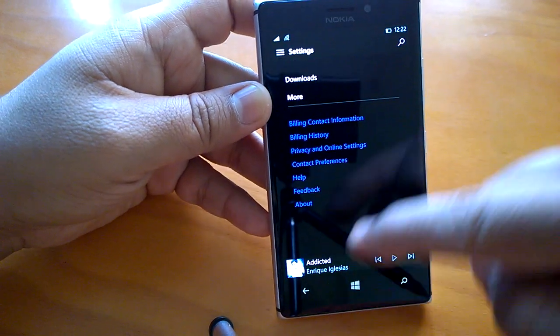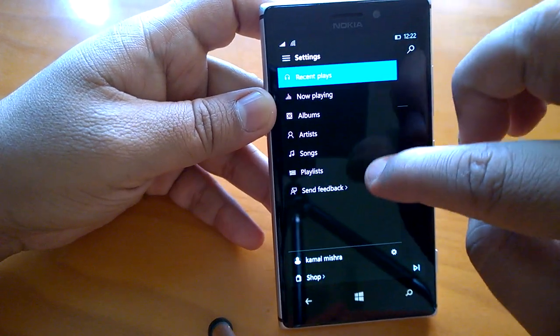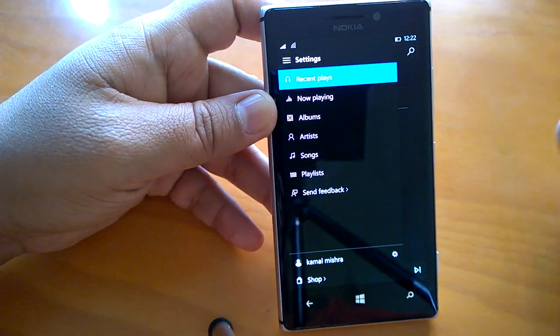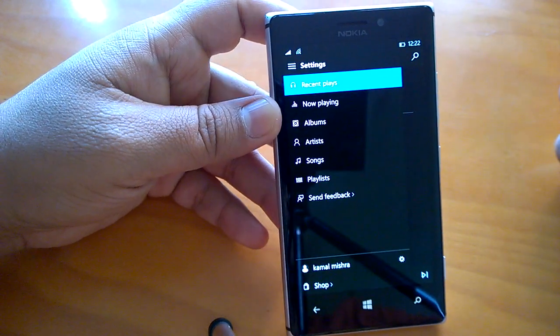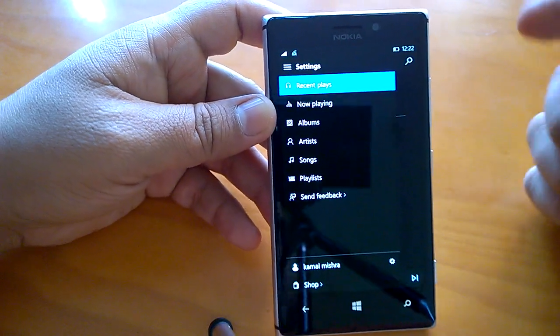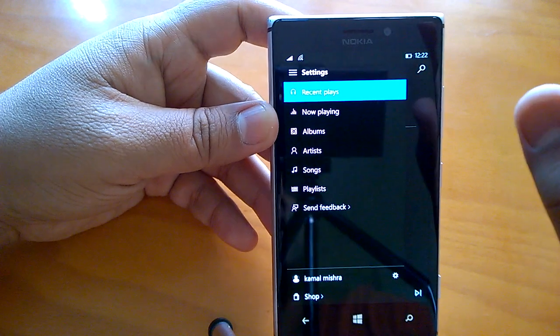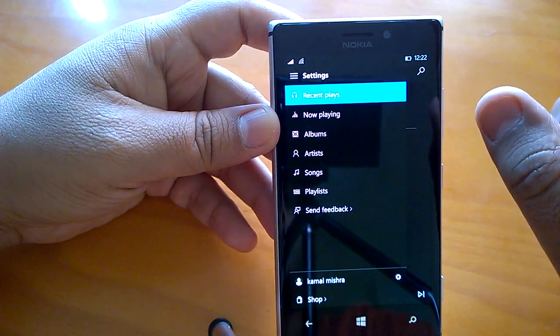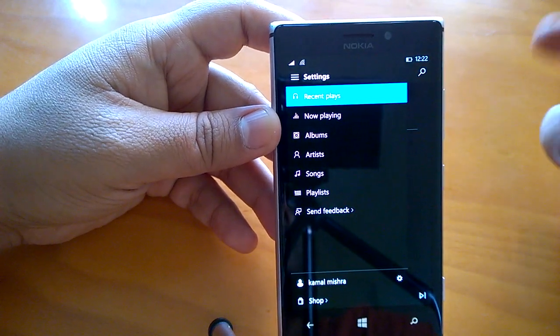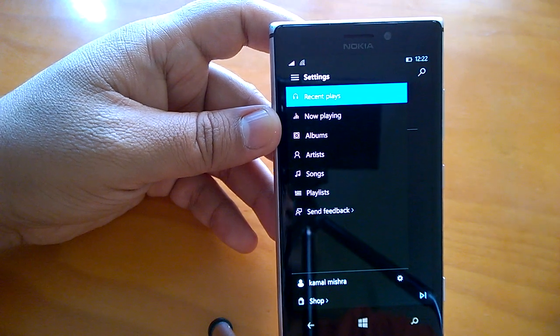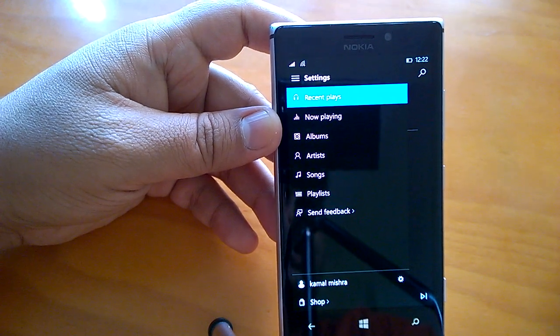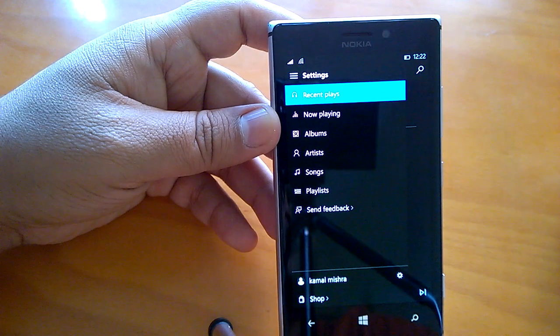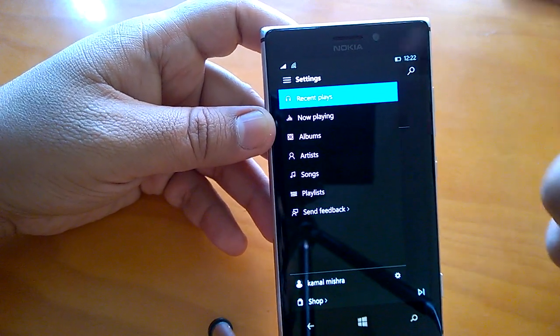The whole UI looks good. Again, the UI thing may be debatable, but what I wanted to say is that for me, the navigation has really looked easy, and the app is smooth. If you compare it to the music app that we have on Windows Phone 8.1, which has faced many criticisms, it really looks good, much better.